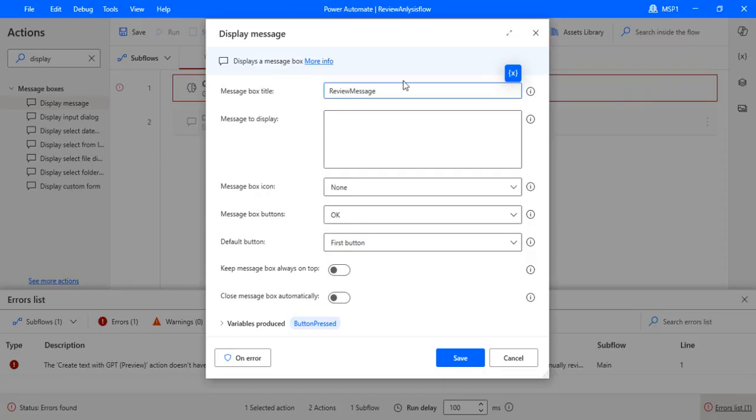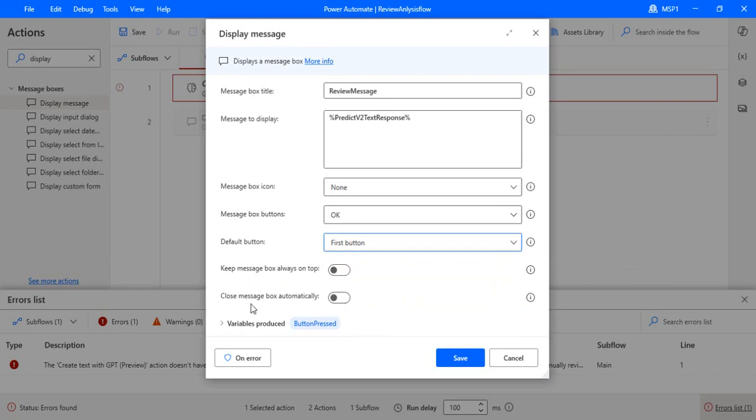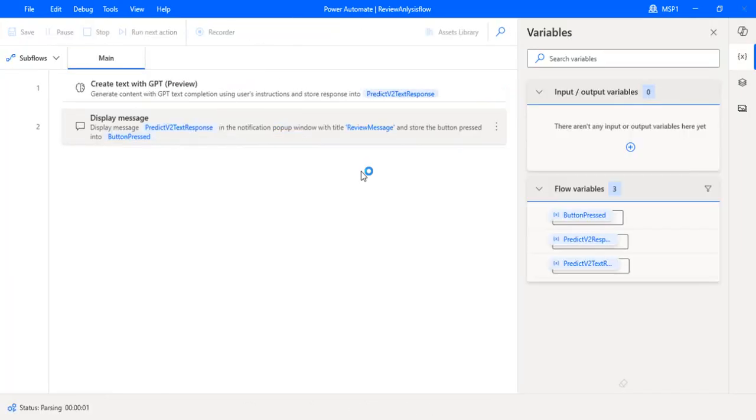message or the sentiment message, whatever, and text to display nothing, but it would be the output of my previous create text with GPT. Message icon none, click button OK, first button is fine, like there are three default buttons. Keep the message box always on top or close message automatically. So this we are going to turn on, but right now I'm not doing it. So I'll just keep it like this, and let's run it again so that I can get a message box